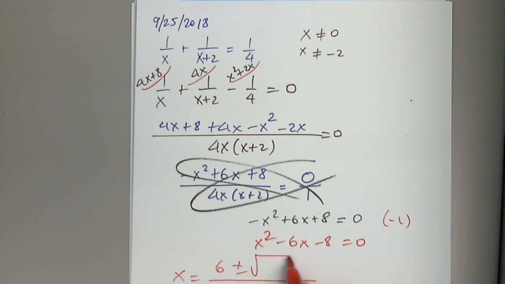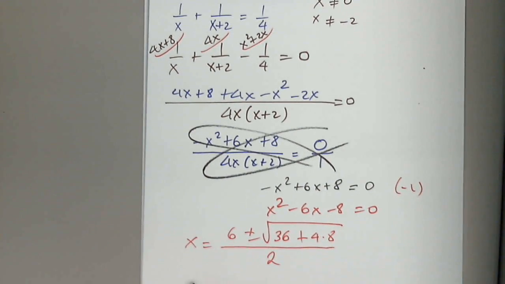Negative b plus or minus the square root of b squared minus 4ac. But since negative 4 is here and negative 8, I'm going to change it into positive, over 2 times a. Just because I don't want to put too many parentheses and mess them up. It's up to you. You can put them in. It's no problem. So finally, we have x equals 6 plus or minus